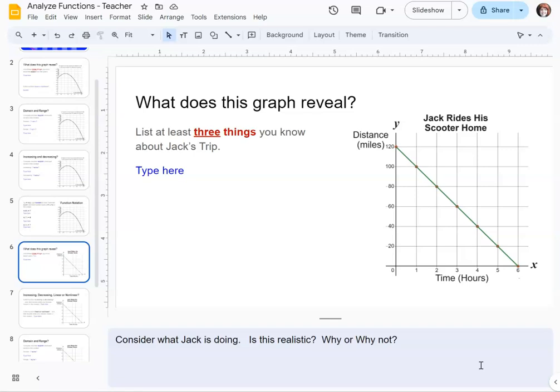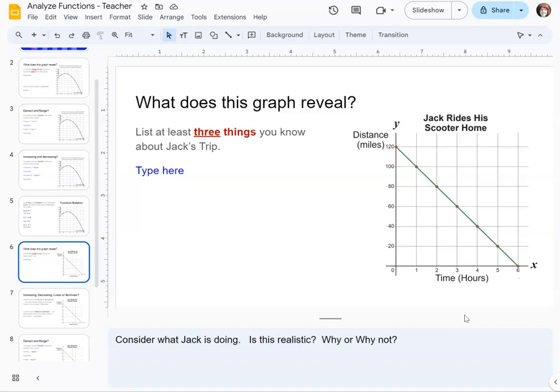But I would try to see if any of the students could come up with some crazy reasons why this does not make sense. Jack is weird if he can do this. So I'm intentionally throwing these in these assignments, and I do it all year long. So I want kids to always be on the lookout. You might even give them an award or some kind of prize for picking stuff out, like, oh, look what you noticed. I'm glad you noticed that. Here's a piece of candy. Do something to encourage them